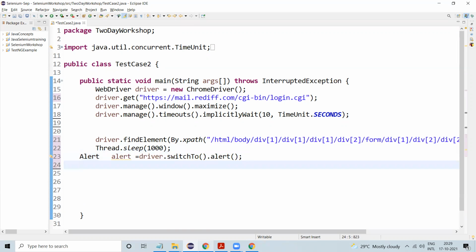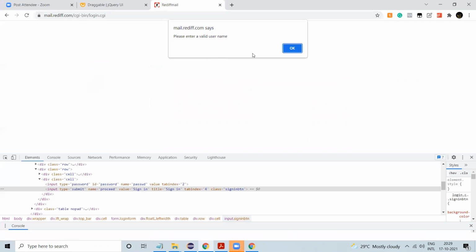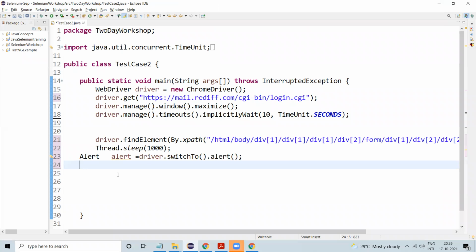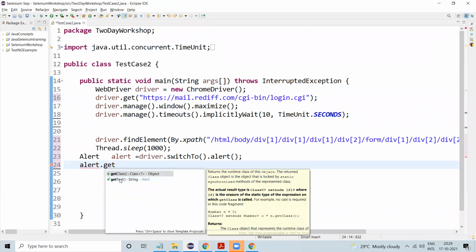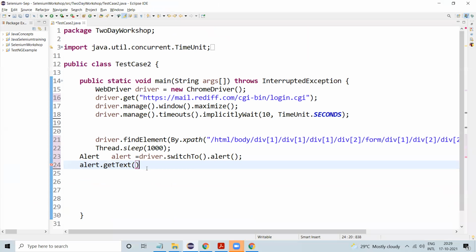Now suppose I just want to validate this text, right? So what we need to do? I can call the method using this reference variable, alert dot get text. We can get the text, so I can print this.